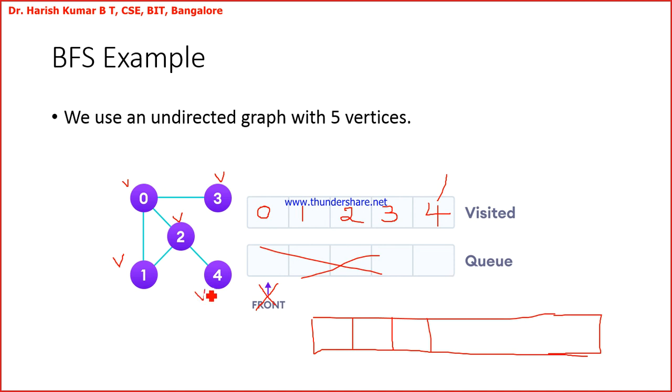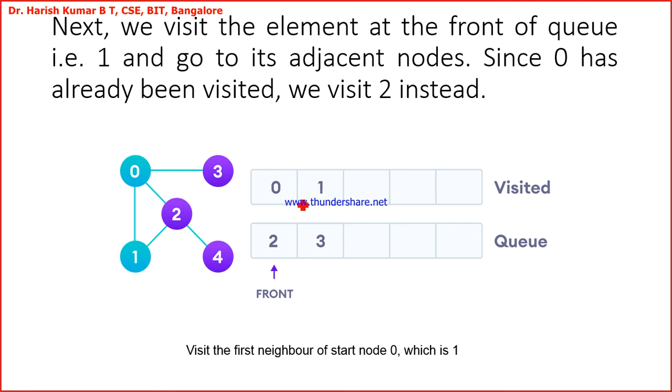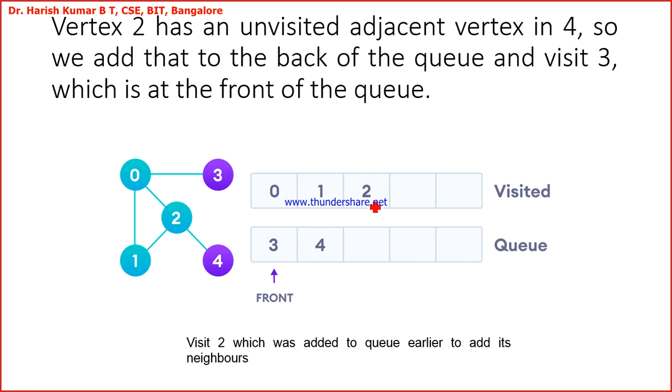See, when we did the depth first search, we went somewhere. I have another example to take you. Okay, see this. 0 is visited. And what were the things added? 1, 2, 3 added. So rear is pointing here and front is pointing here. Next we visit 1. Now 0 and 1 are visited. The adjacent nodes to 1 are 0 and 2. 0 is already visited, but 2 is already there in the queue. Now next to visit is 2. 0, 1, 2 is visited.